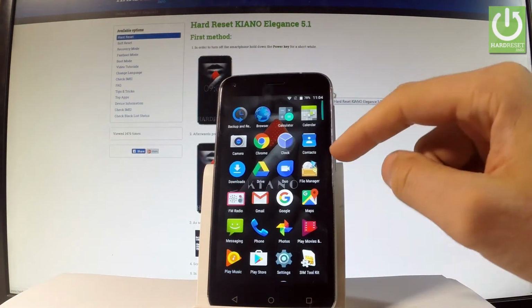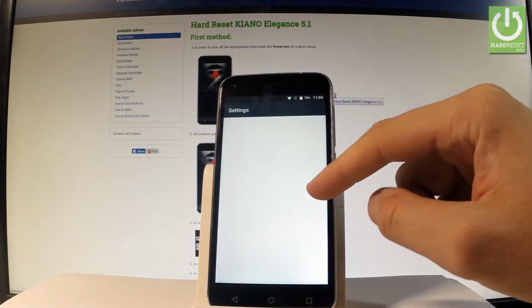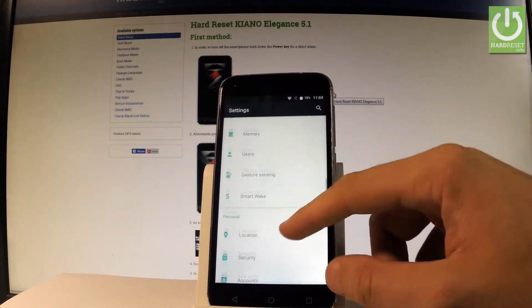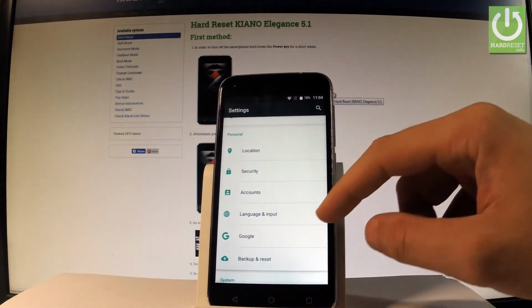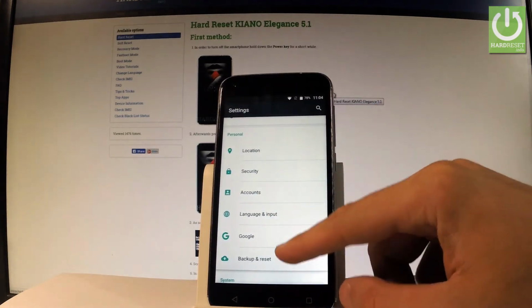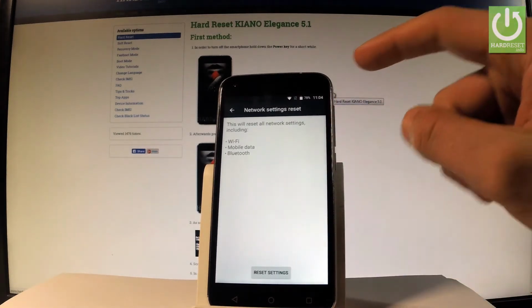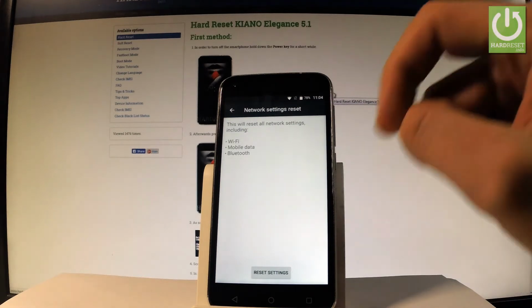Let's tap apps icon, find and select the settings. Let's scroll down and under personal you should have backup and reset. Let's tap it. Then let's select network settings reset, and here you can reset all network settings including Wi-Fi, mobile